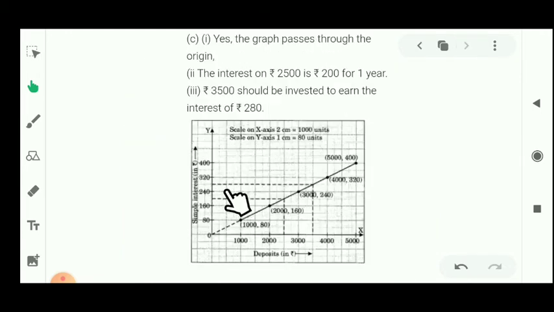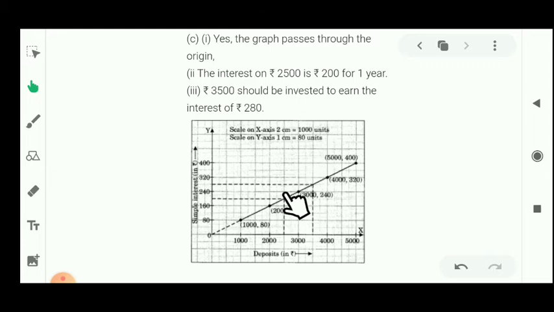In the C part, firstly you have to use the graph page, then we have to make y axis, then on the x axis. Let's see the scale for the y axis. 1 centimeter equal to 80 units. You can see here is the gapping of 80,